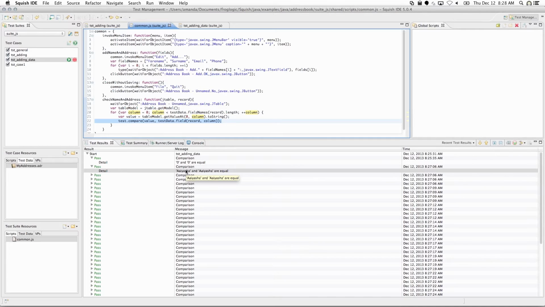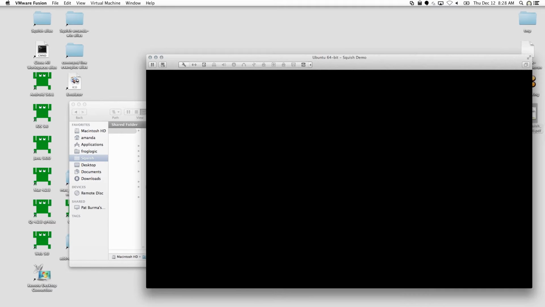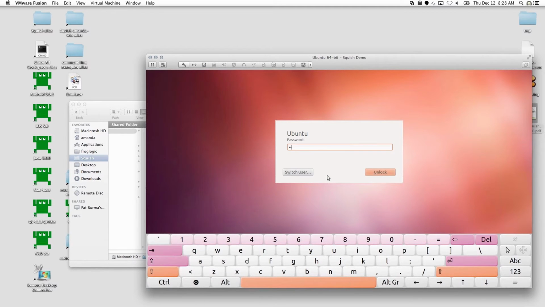Now, all of this output and this execution that I'm doing from the IDE is also available through integrations and from our command line interface. So let's take a look at what that would look like. I'm going to close Squish here. And one of the things I wanted to show you today during the demonstration, let me log into this machine,